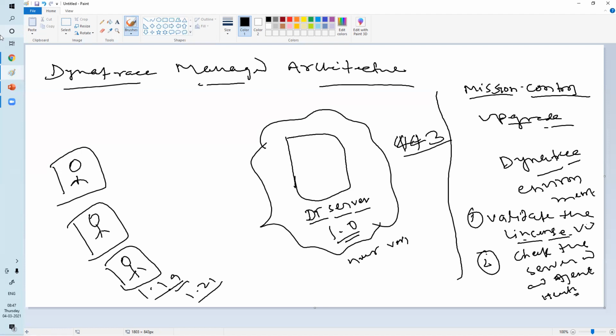So once I bring up the system, then only the Dynatrace portal will come up, because if the DT server is down, it means the portal is down. So like that you can consider. Okay. Now, is it based on a free trial for 14 days, like SaaS, or Managed?